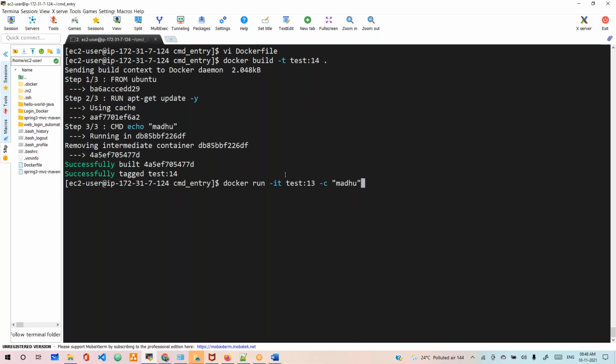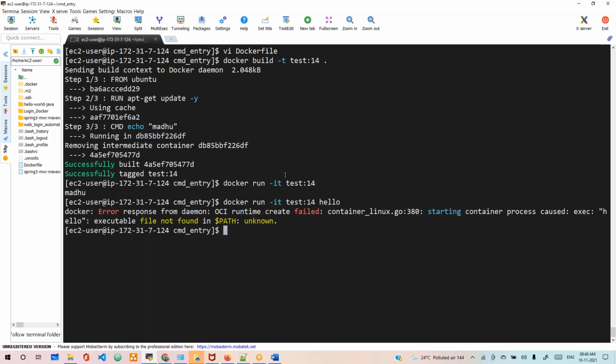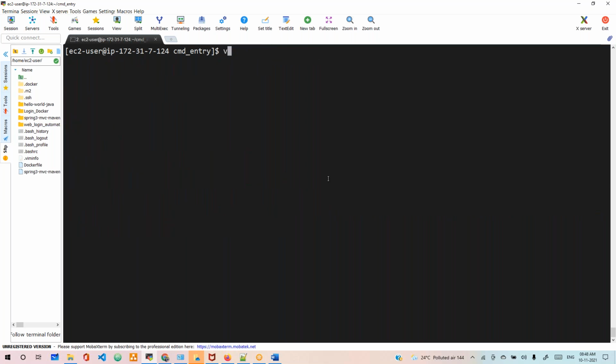No, for Docker you can write anything. That also I'll tell you, wait one minute. What did we build now? We built 14, right? Like 14, can we do this? It's not working, that's correct. If it is a Dockerfile it will be executed. If it is not named Dockerfile, if you wrote it under any other name, let's say